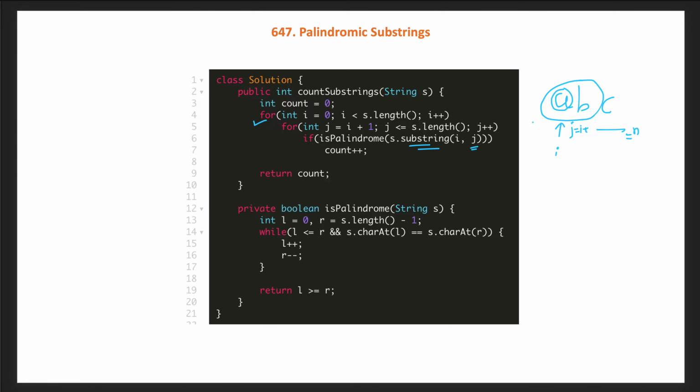We continue like that, and every time we call the isPalindrome method. In the palindrome method, we start from the leftmost and the rightmost character and then shrink until left and right cross each other, checking that the characters are equal. In the end we return whether left crosses or equals right, which means it is a palindromic string, otherwise it is not. So this is the code for checking isPalindrome, and this is the code for cutting all the substrings and then checking isPalindrome. This will give us the total count.